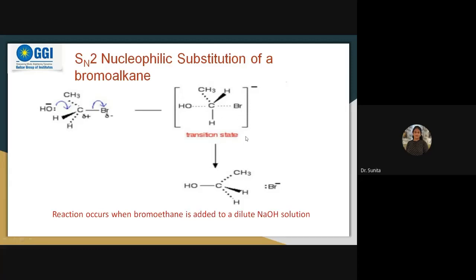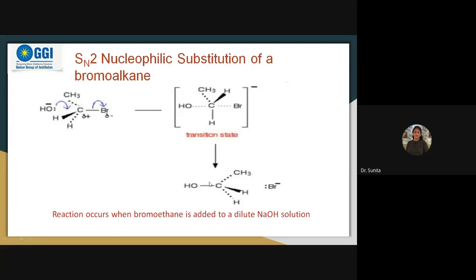So you can say a transition state is formed, and then what is happening? Then you can see over here this OH has attacked. But what is the difference you see over here? You can see this group CH3, H, H. Now what is happening is that these H, H have undergone inversion. That means their geometry has inverted. You can see the stereochemistry over here, like your umbrella.